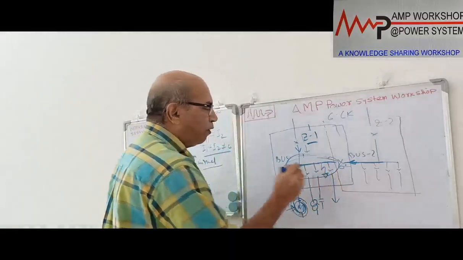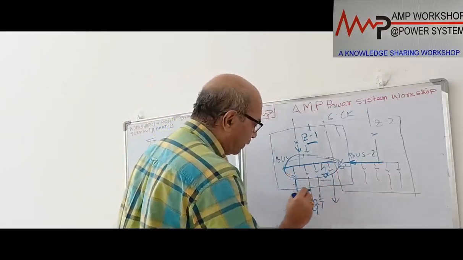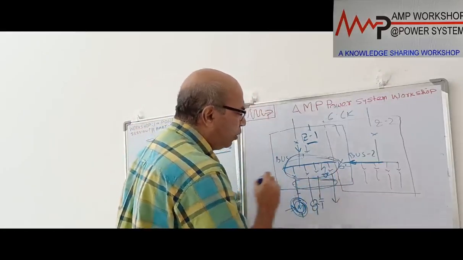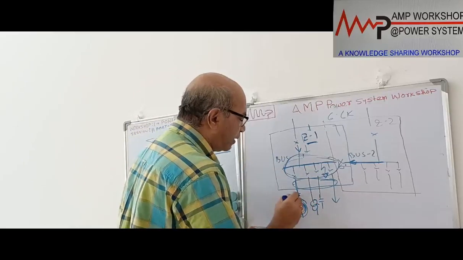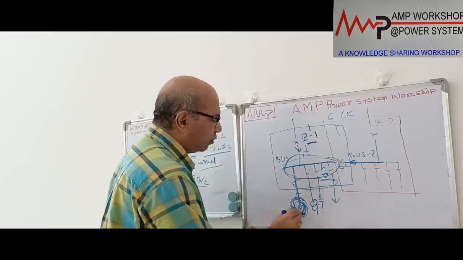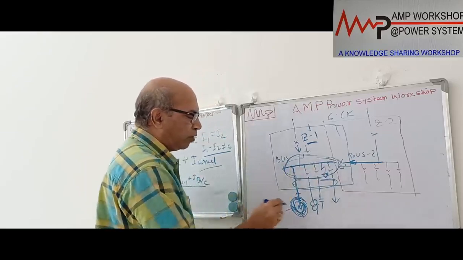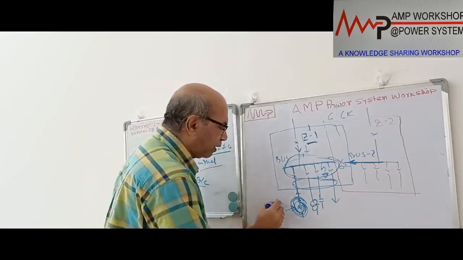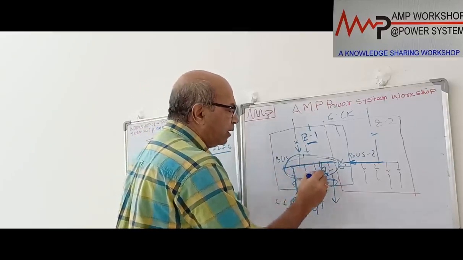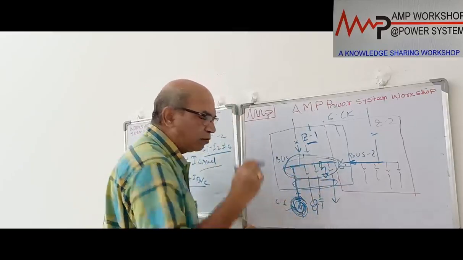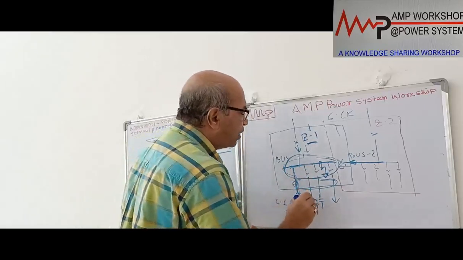The moment there is a fault over here, what will happen? None of the feeders will be taking in current, because when there is a fault, all the motors will be trying to feed power to the bus. The moment there is a fault, there is undervoltage. Suppose it is a 6.6 kV motor. Terminal voltage 6.6 kV, suddenly there is a fault on the bus bar, this will be 0 voltage. Due to the running inertia of the motor, it will be feeding power to the fault. All other equipment will be discharging to the bus bar.